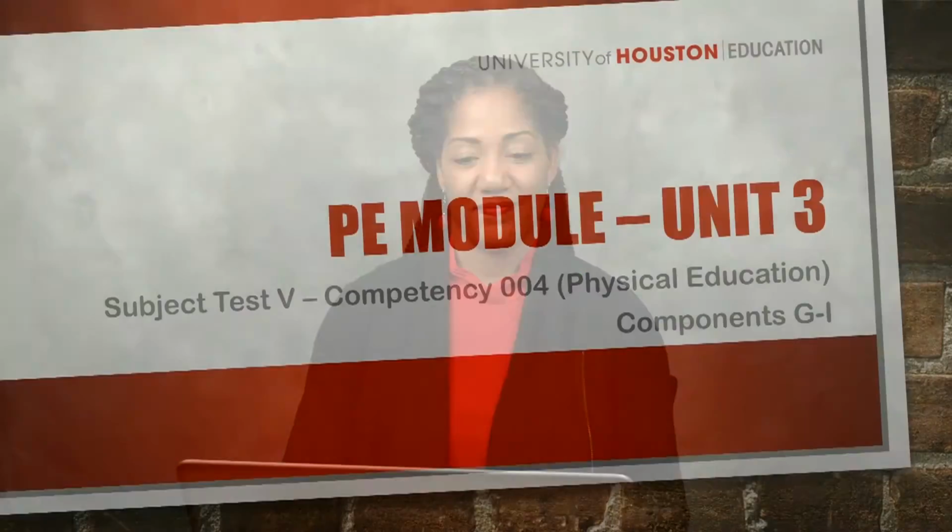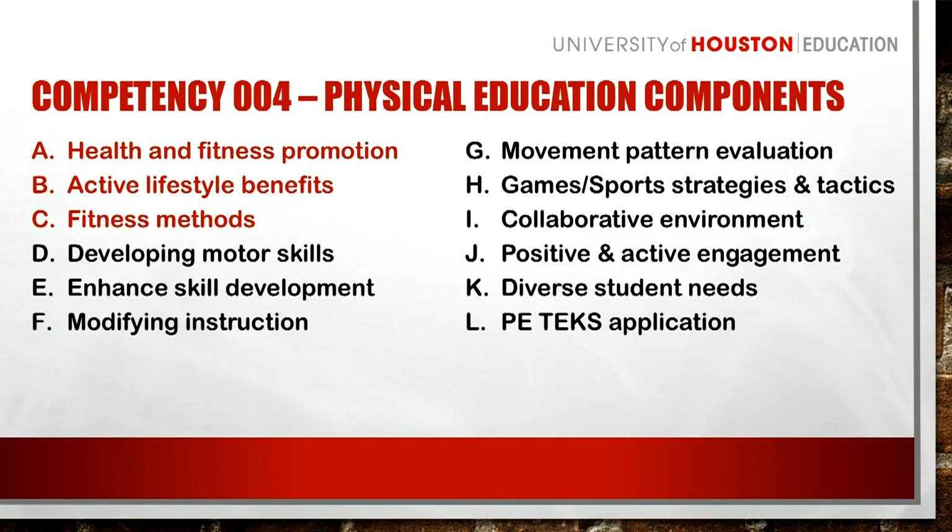This is PE Module Unit 3. We will cover competencies G, H, and I in this unit. We've already covered A, health and fitness promotion, B, active lifestyle benefits, and C, fitness methods in Unit 1. In Unit 2, we went over developing motor skills, enhanced skill development, and modifying instruction. As I stated, Unit 3 covers G, H, and I, which are movement pattern evaluation, games or sports strategies and